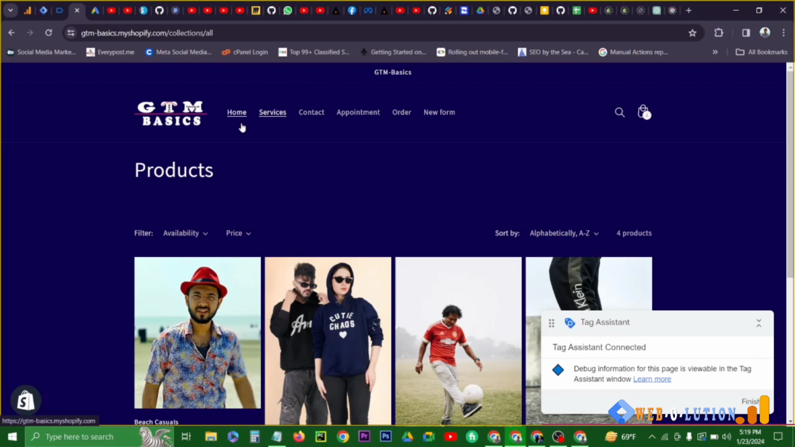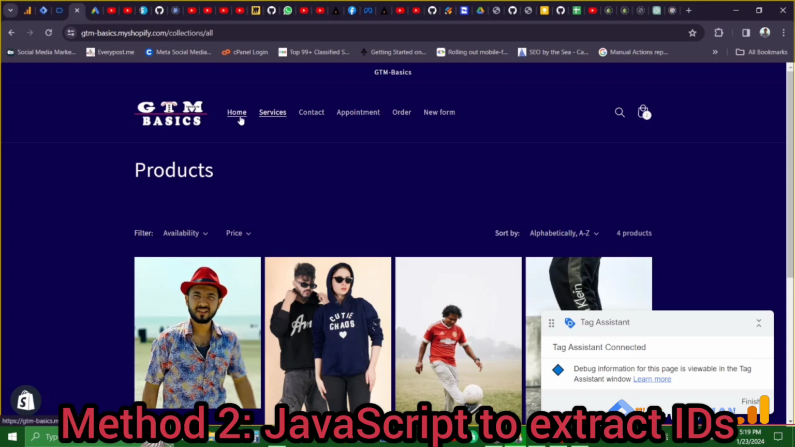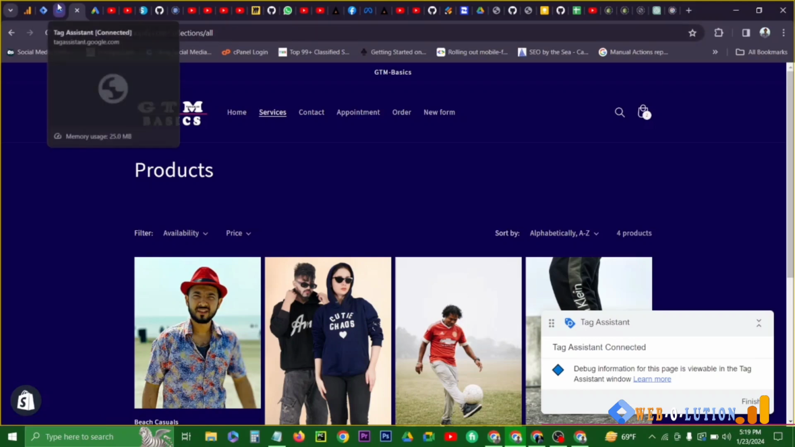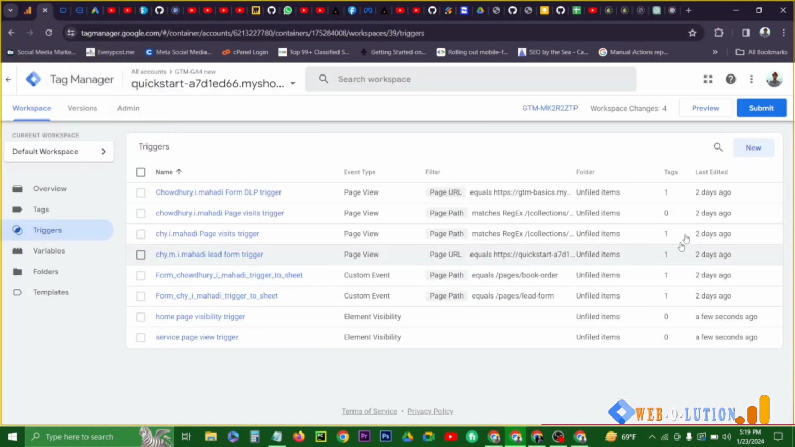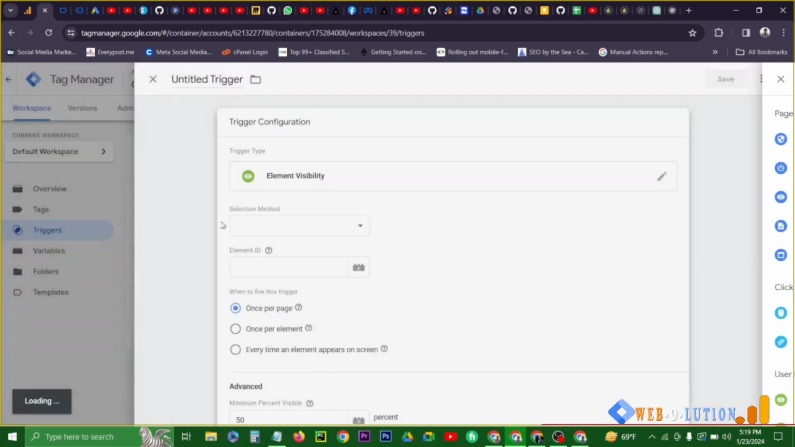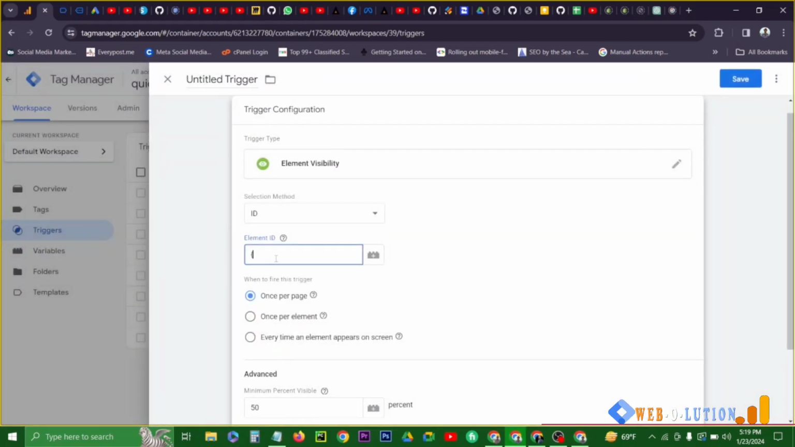But there is another way, where we can use a simple JavaScript code so that it extracts the ID of the separate pages, which then can simply be used in creating the element visibility. We just have to select the variable here. So let me demonstrate that part, and